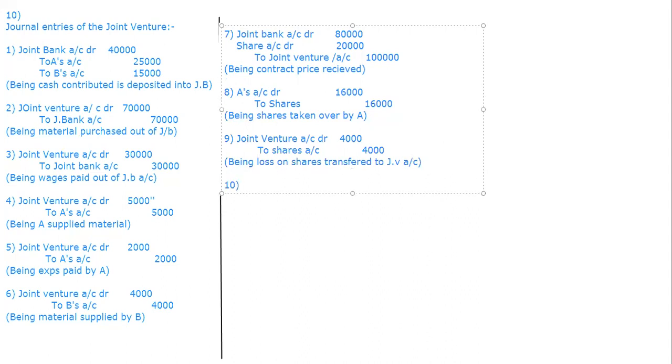Then B is taking a stock, no? So B's account debit. How much worth of stock is he taking? 3,000 worth of stock is taken to the joint venture account, which is 3,000. Now that is done. So you will have the settlement transactions, whether it is a profit or a loss. Meanwhile, we are going to draw 4 accounts, because here we have only 2 partners. One will be the joint venture account, one will be the joint bank, and the next 2 balances will be the joint co-venturers' accounts. Those 2 we are going to complete.